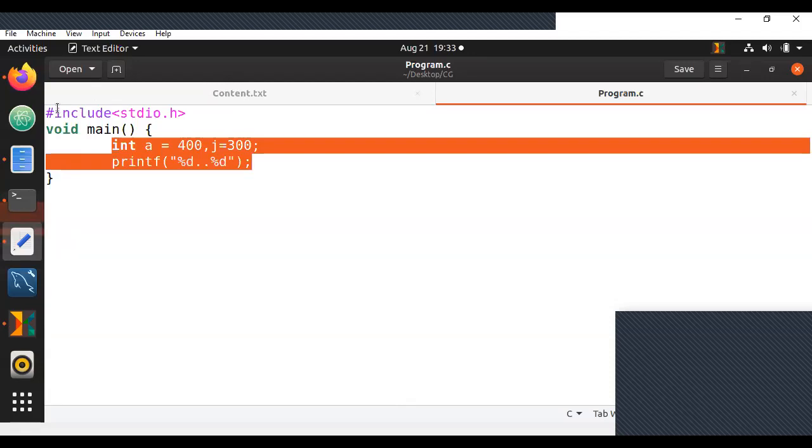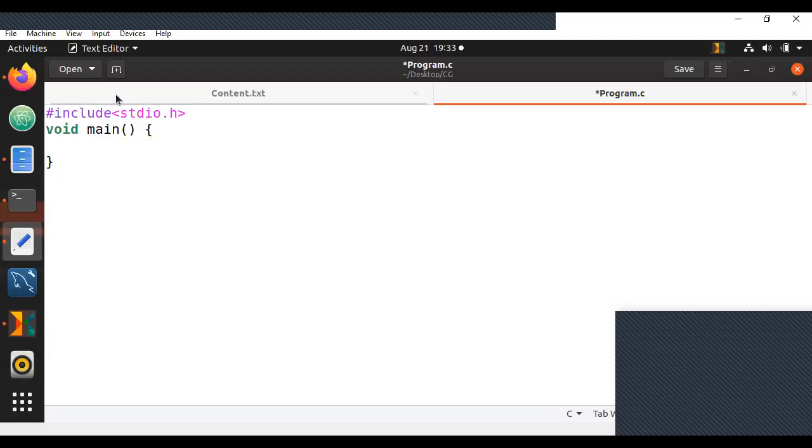So one more simple interview question that you can expect in this is, let's say you have the string.h header file and you're comparing two strings.